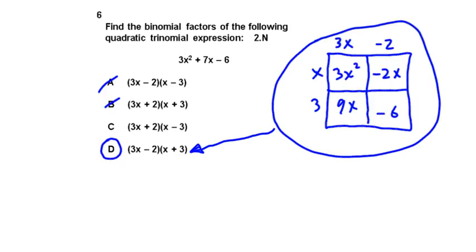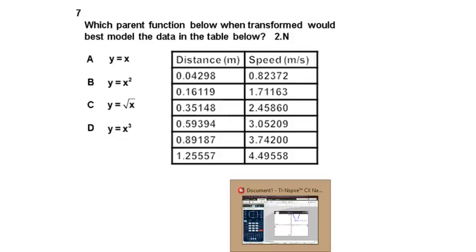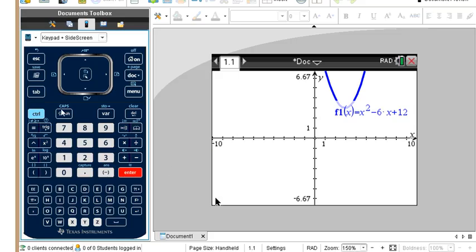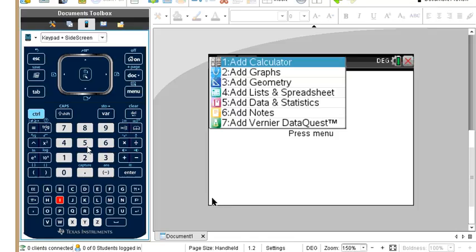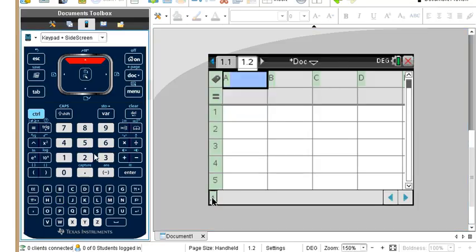Next problem, 7. Which parent function below, when transformed, would best model the data in the table below? Well, for this, you can use your calculator. I'm going to add Lists & Spreadsheet. Go here and put in x, and I'm going to put in the x coordinates here for the table. I have